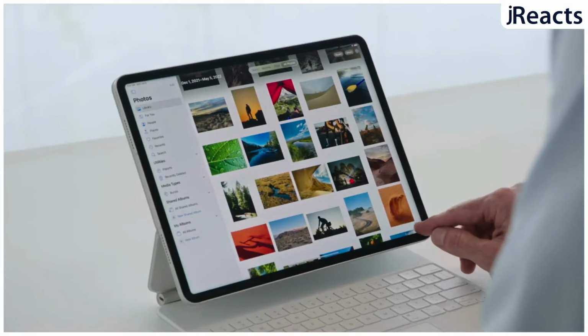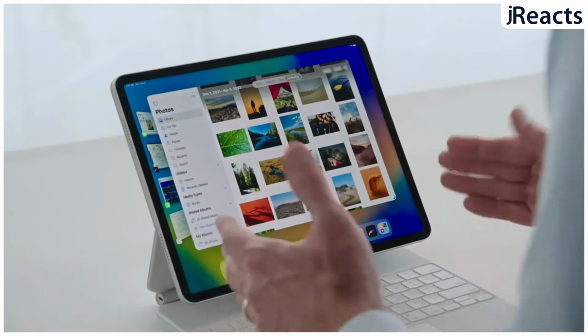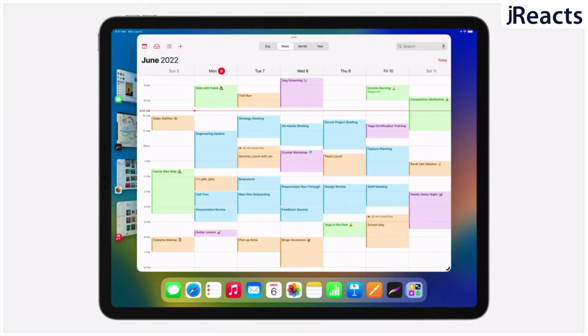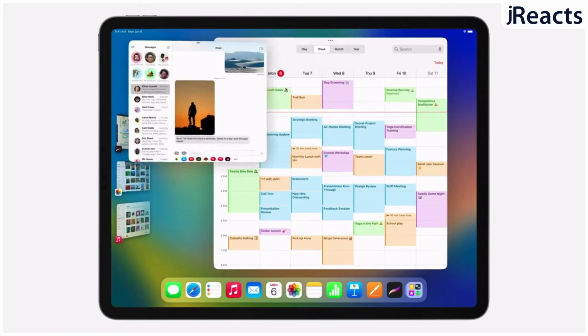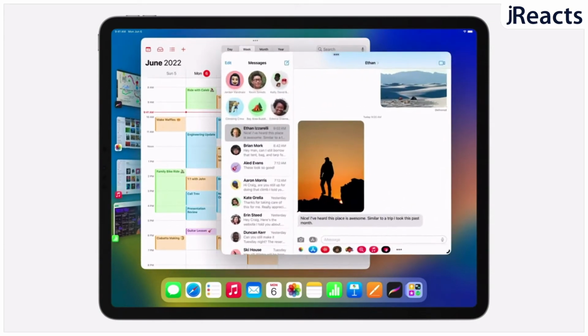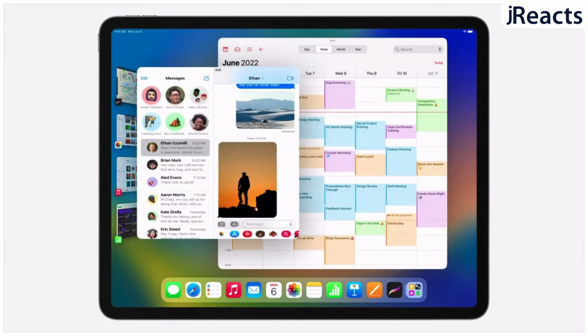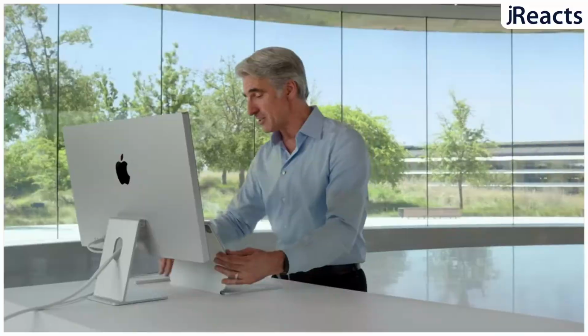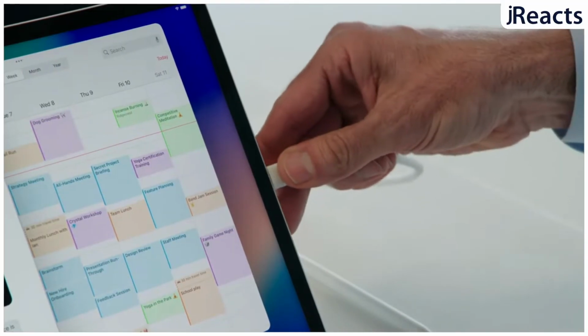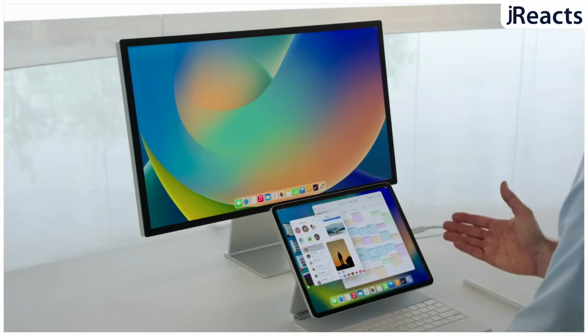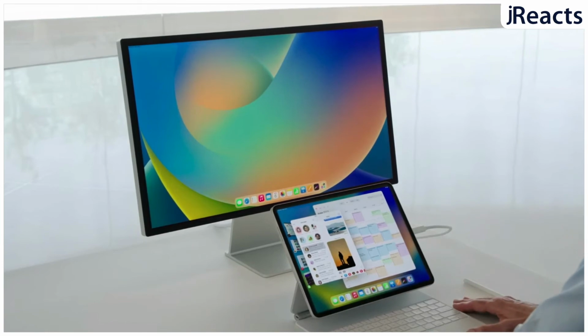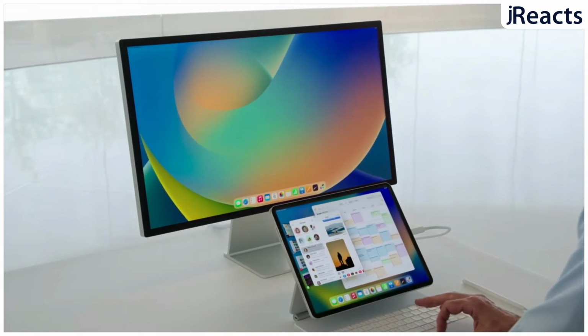So you can actually drag it up from the edge and go into it. You can actually overlay windows on an iPad now, which is like insane, which a lot of people have been wanting. And you can resize windows on an iPad. Now, when you plug up to a monitor, it fills up the whole monitor now, which we've been wanting forever. You don't have any black bars on the side anymore.